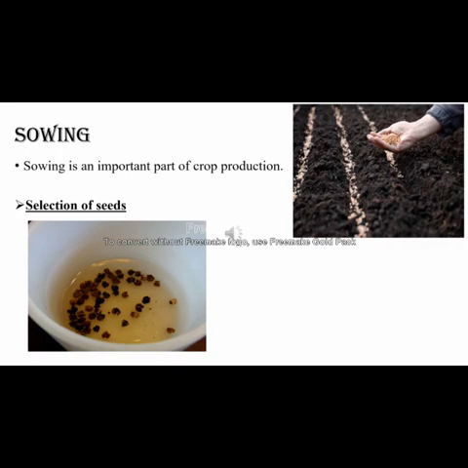So how it is done is, we put some seeds in water, and the damaged or lighter ones will float on the water, and the other seeds, the good quality seeds, will sink in water. The farmer picks up the seeds which sank in water for further cultivation, and the seeds which are floating on the water are already damaged. So this is the best way to select the seeds for cultivation.